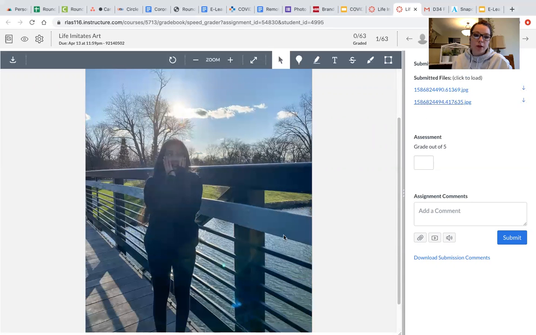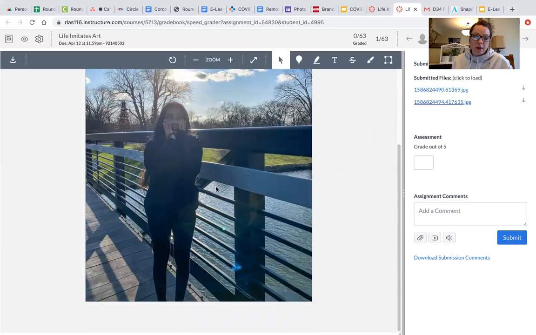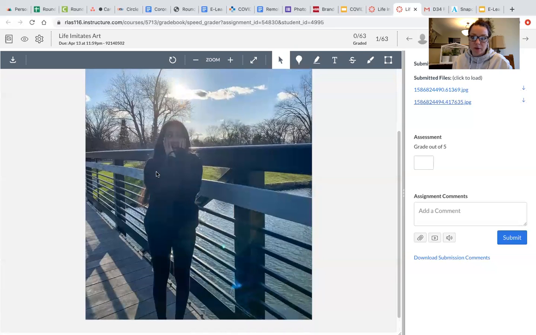Okay, so great use of the bridge. I would say the fact that she had this space accessible to her is a huge advantage for doing The Scream, and I can totally understand why that was the painting that she chose. A couple fixes, I would say you have too much backlight in this situation. So what's happening is that she's getting washed out in darkness because the backlight is so overpowering. So if you have the ability to use a fill light in front, go ahead and put that in the front. And then I would move Joanna over here to where the first pillar is,